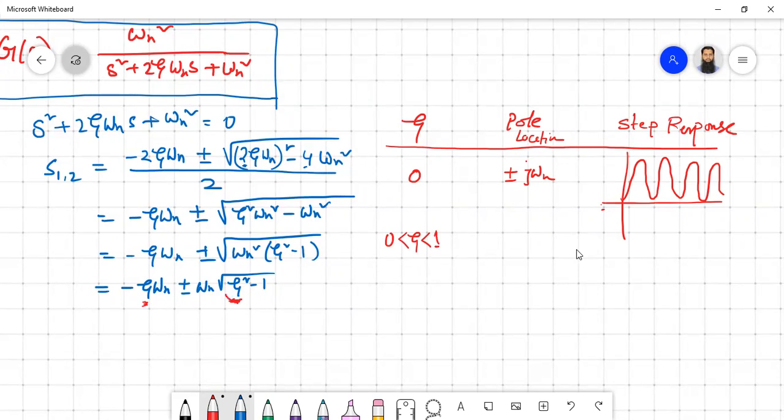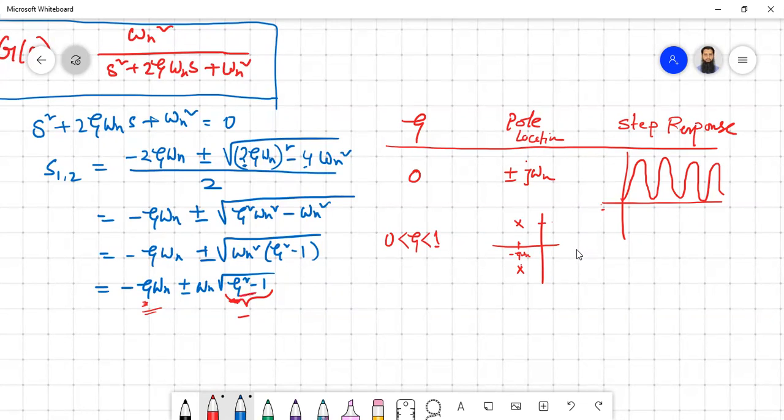Okay, so if it is in between 0 and 1, this portion will always be negative. So root over negative will always give you some imaginary portion, as well as this one will also be there. So what we have here is a real portion as well as an imaginary portion. So basically we are going to get a complex pole location. So say here we have our two complex conjugate poles. This location here is minus zeta omega n, and this is your